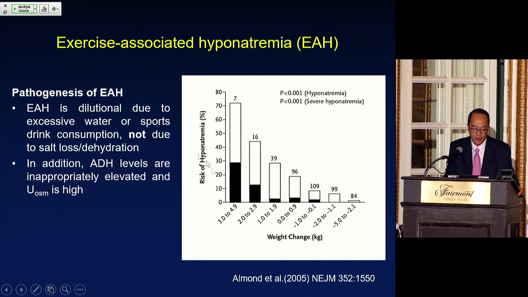But in addition, and here's the key thing, if you measure the ADH levels, it's actually high, not low. So these patients are not behaving like psychogenic polydipsia, presumably because of the stress of the exercise. They're actually also behaving like they have some transient SIADH. So if you give a patient like this isotonic saline, you would actually potentially risk causing desalination. So the recommendation is to give hypertonic saline.